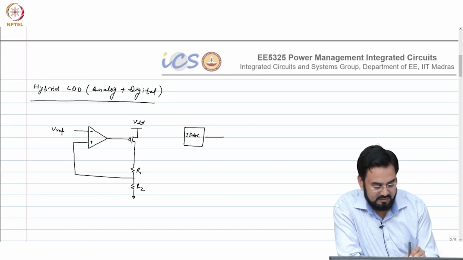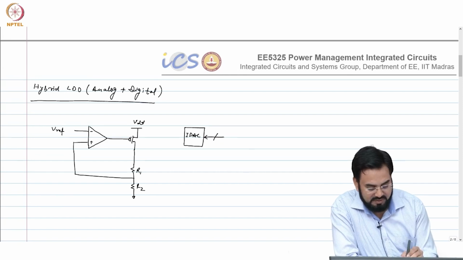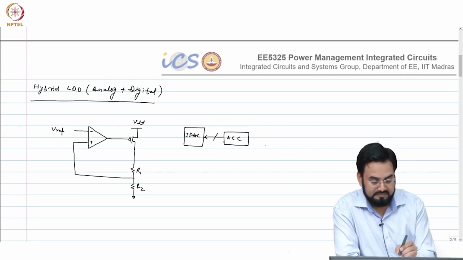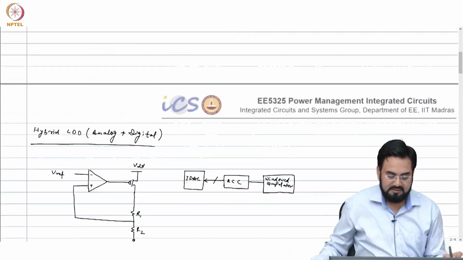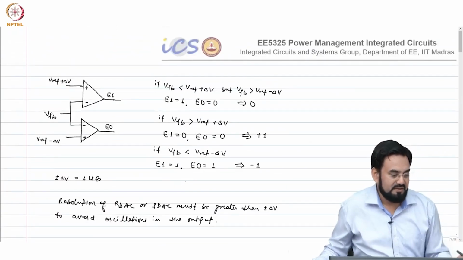So, you have IDAC, which is controlled by your accumulator, okay, and then I will just draw a block which says windowed comparator. So, this is windowed comparator, okay,